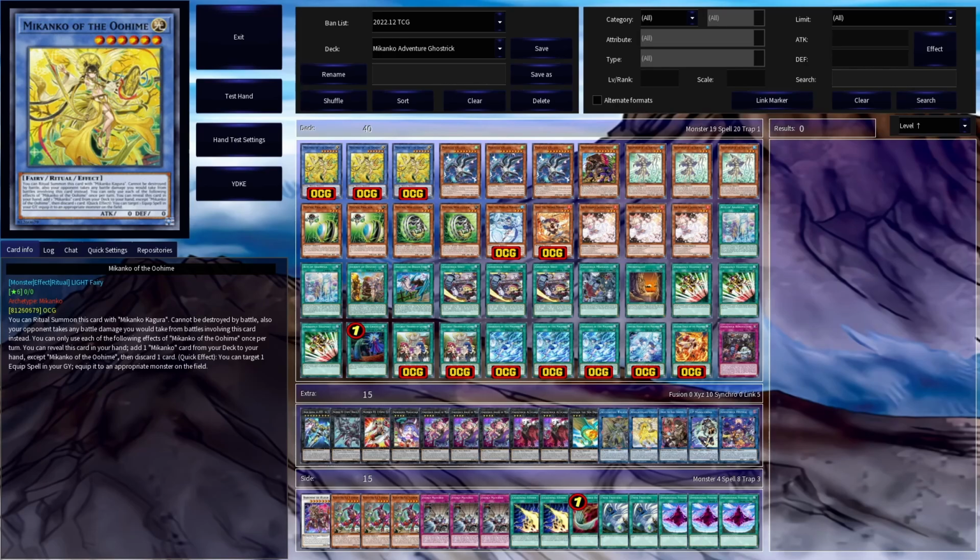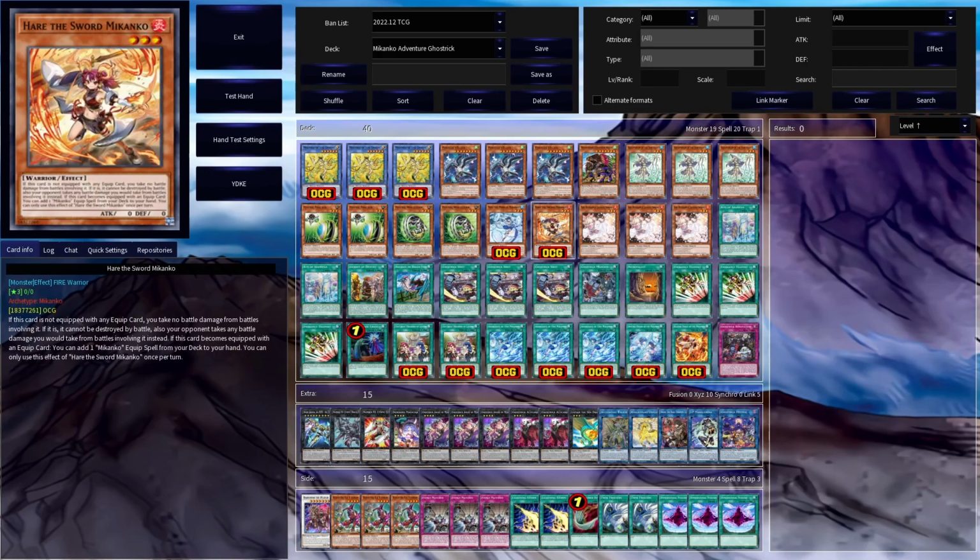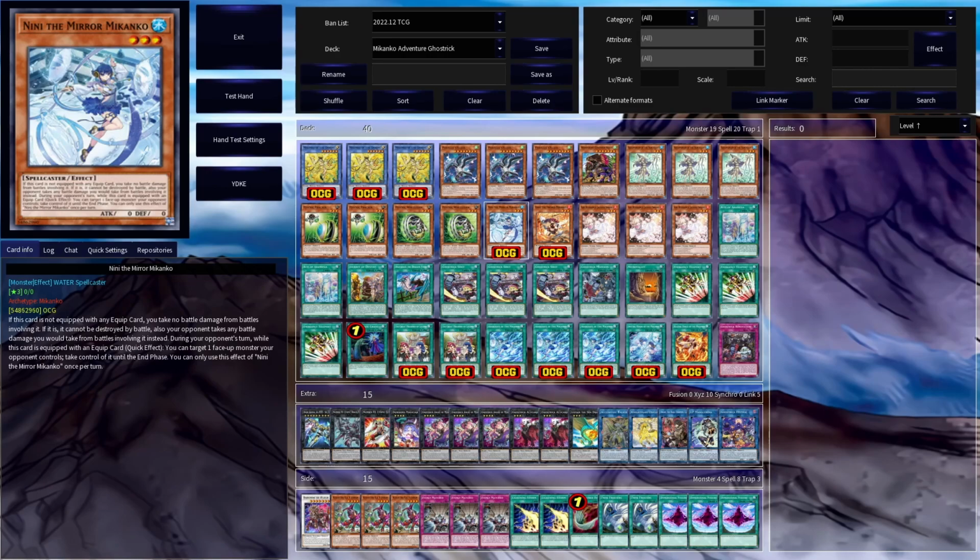As far as the other Mikanko cards, we have their two monsters, the first of which is Nini, and then the second of which is Hair. Now both of these share a couple of different effects. If they're not equipped with an equip card, you take no battle damage from them. If they are, they cannot be destroyed by battle, and your opponent takes any battle damage you would have taken,